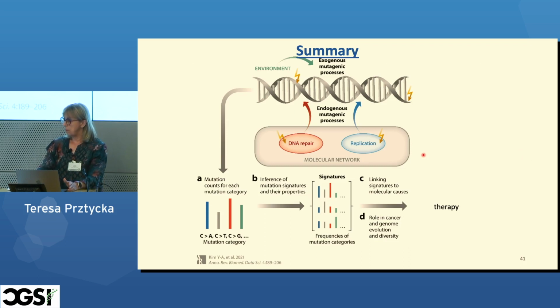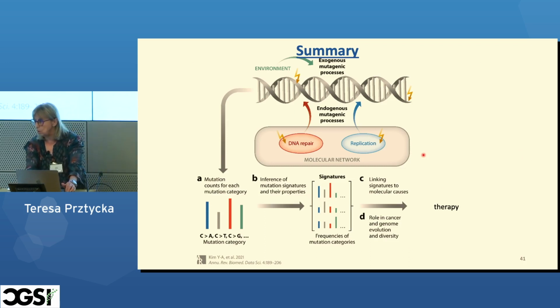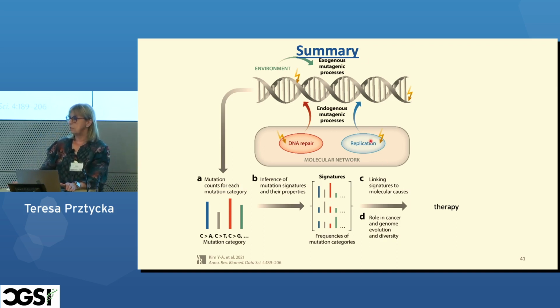Okay, I will conclude with this summary slide. We started by introducing mutational processes as a composition of both environmental processes, the exogenous processes related to biological processes that happen in the cells, and on top of that, processes related to dysfunctional DNA damage repair. As for the computational problems, the first one is to identify those signatures, and here the example was using non-negative matrix factorization. Once we have the signatures, it's interesting to link them back to biological processes